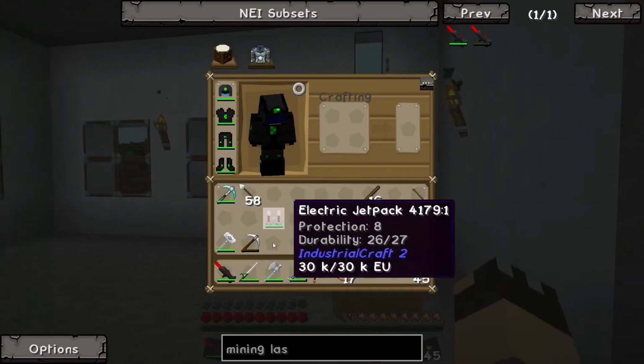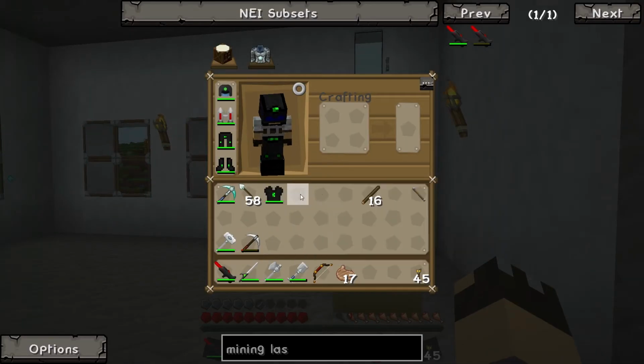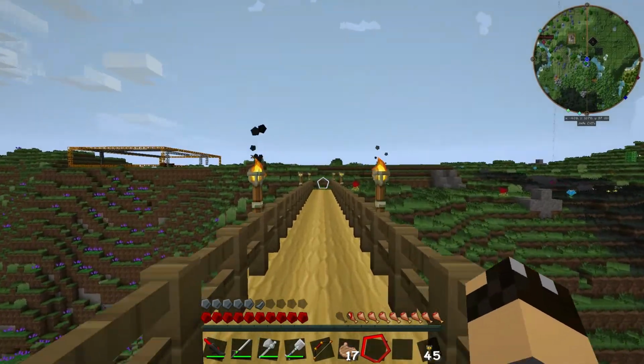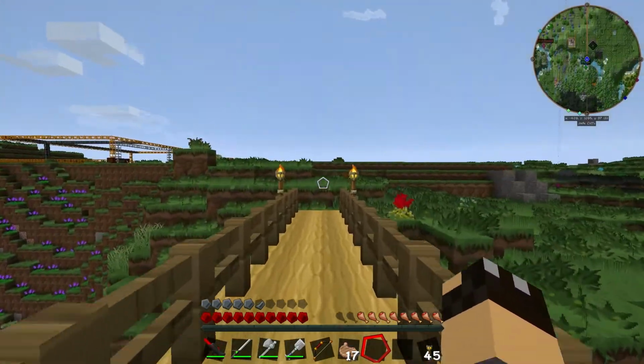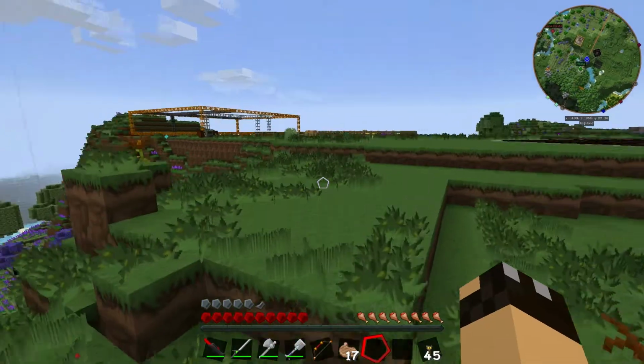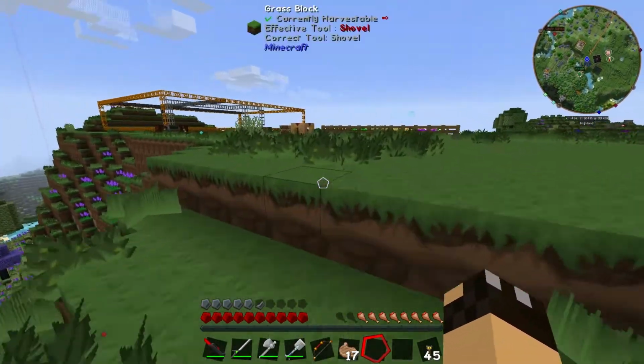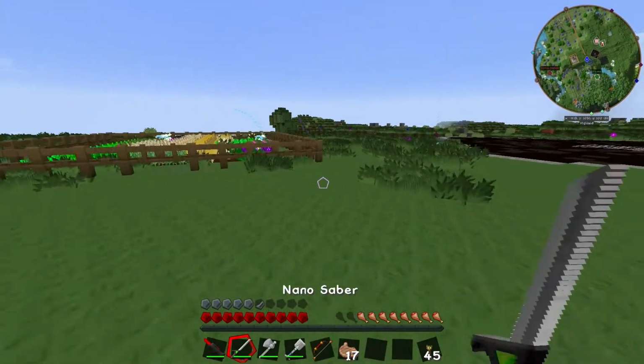And we haven't checked on the quarry for a while, so I think what I'm actually going to do is we'll go and have a look how the quarry's doing. And we can actually drop down into the quarry and demonstrate how the mining laser works. Now, first of all, let me see if I can just...